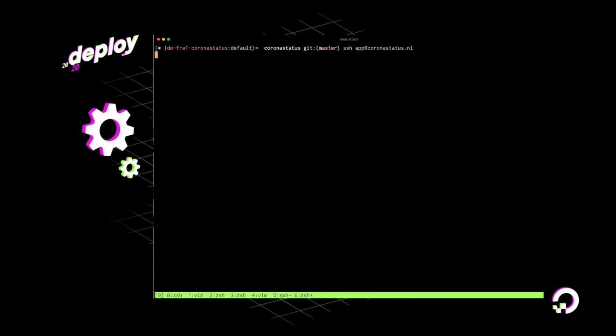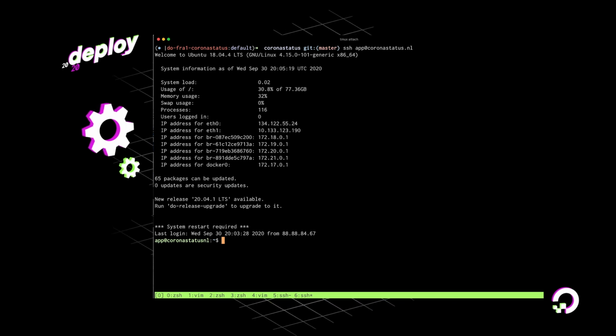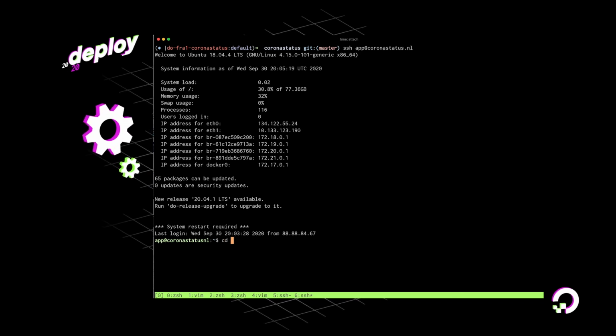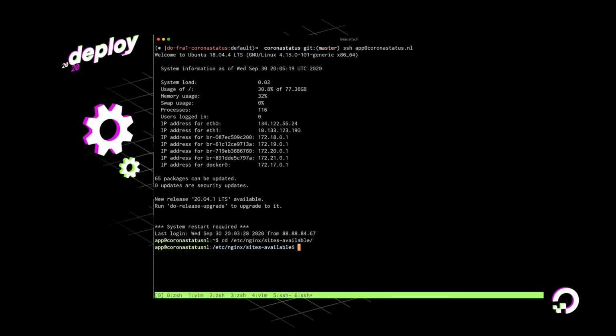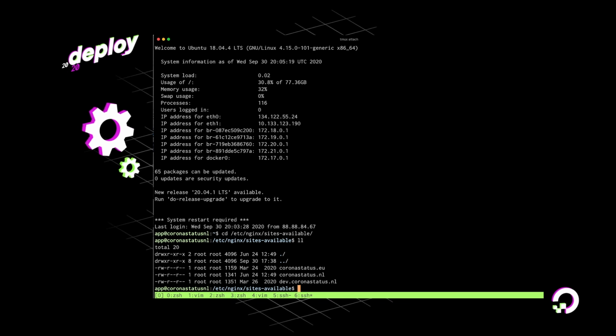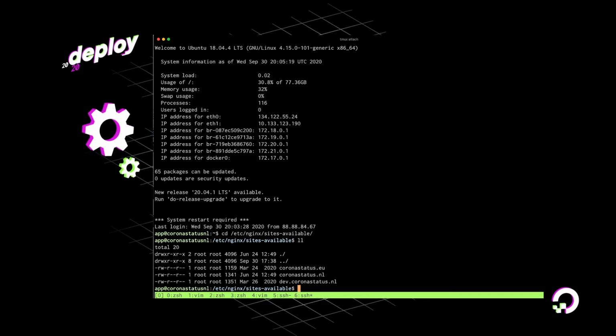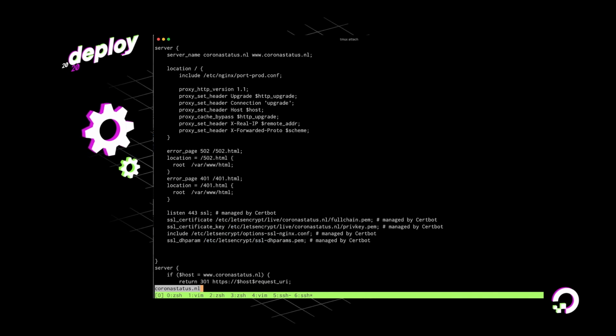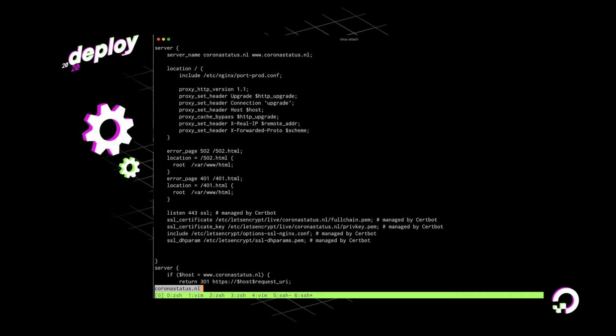So here I'll SSH into one of the sites. So this is how we used to do it. Hopefully if I have Wi-Fi. And as you can see, this is just a plain old Ubuntu 18.04 LTS operating system. And if we take a look into the Nginx configuration or sites directory, we'll see here that we had one dev website and one production website. So the production website is where we actually serve the application.